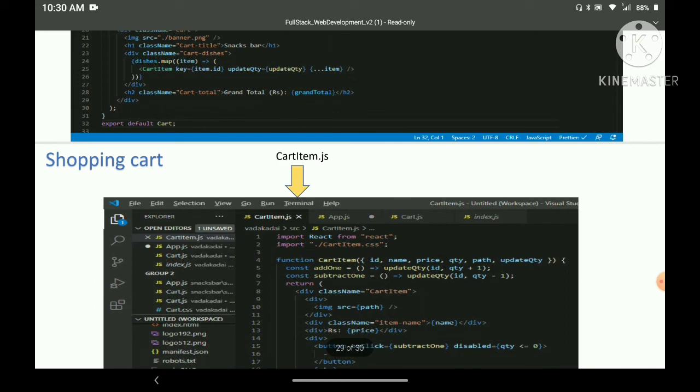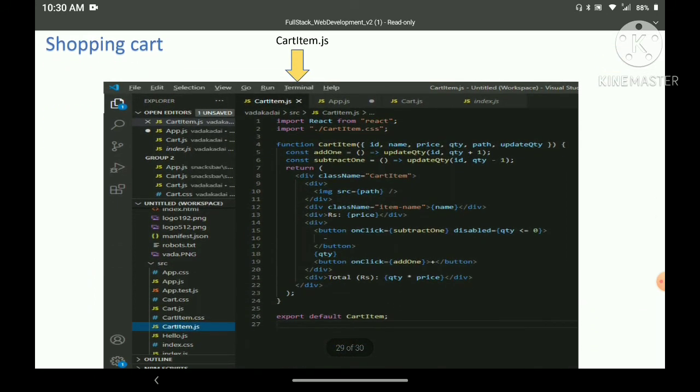In cart item.js, I have the appropriate receivers also. In line number 4, there are id, name, price, quantity, path, and update quantity. I am displaying in line number 10 the path of the image. Line number 12 will display the name of the item.